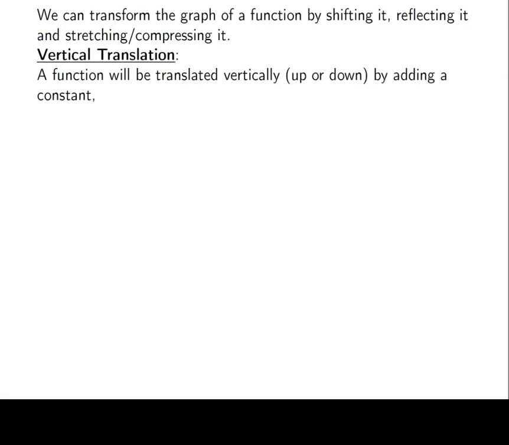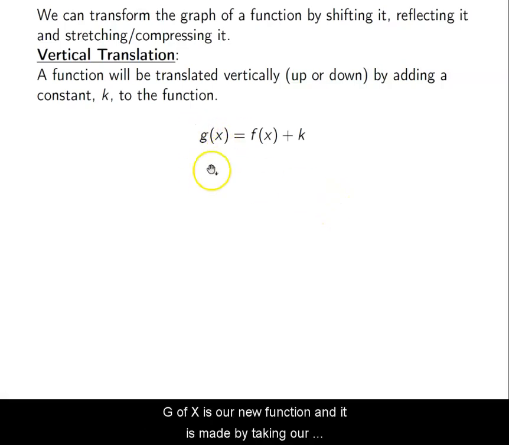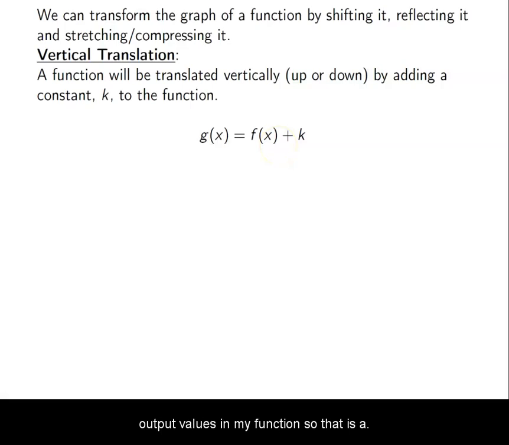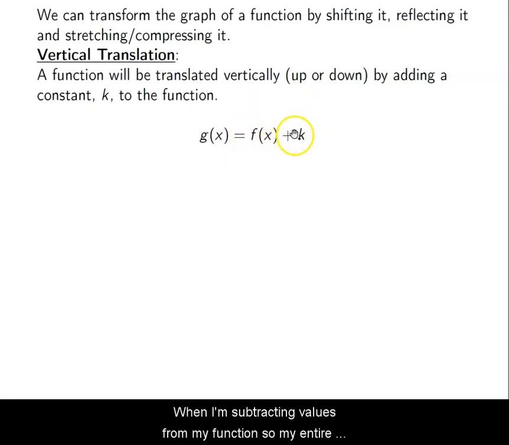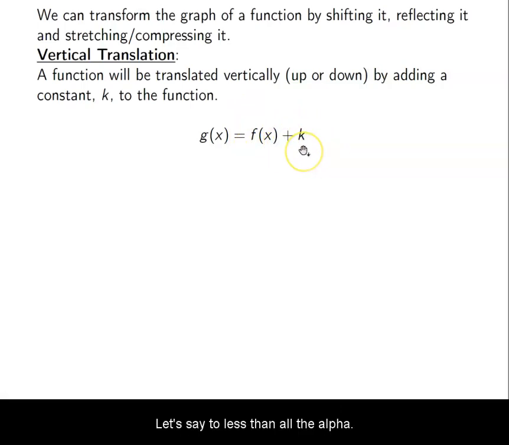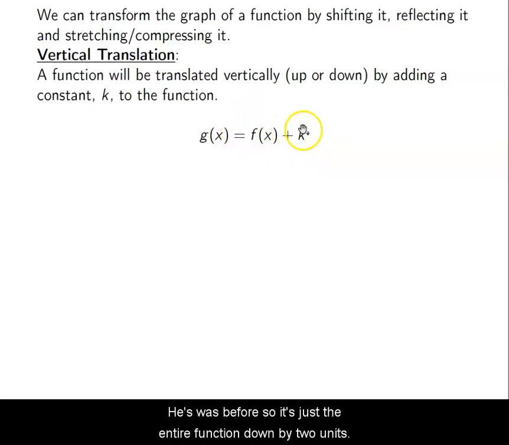So to do this, we basically add a constant, which we'll call k, to the end of our function. Okay, so here we have g of x. G of x is our new function, and it is made by taking our original function and applying some sort of shift up or down. Now when k is positive, obviously this increases the output values of my function, so that is a shift upwards. Okay, if k is negative, then I'm subtracting values from my function, so my entire function is now, let's say, 2 less than all of the output values it was before, so it shifts the entire function down by 2